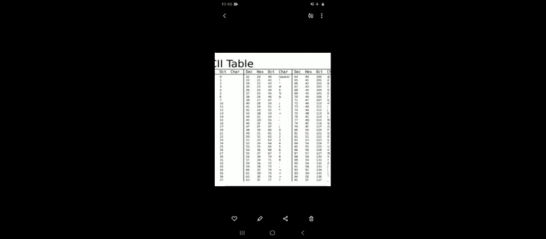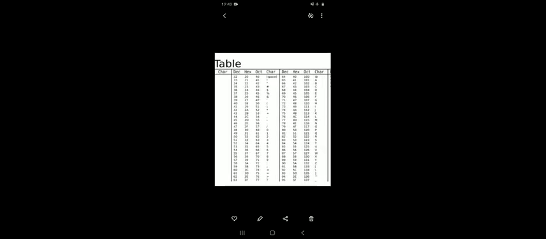Now what does this table show you? It shows the characters: space, null, backslash, plus sign, greater than, equal to, and it shows the equivalent decimal number, the hex equivalent and the octal equivalent.